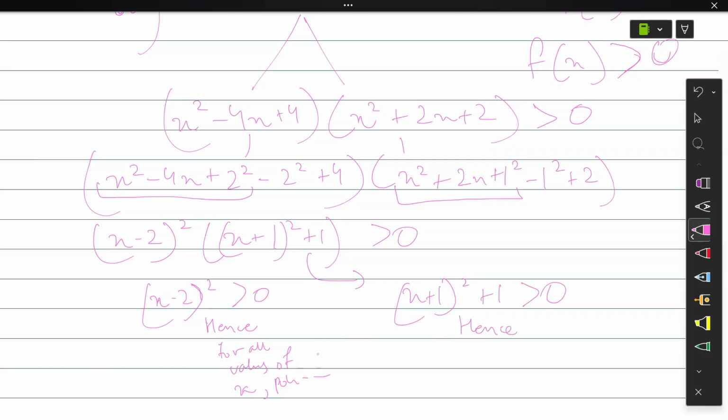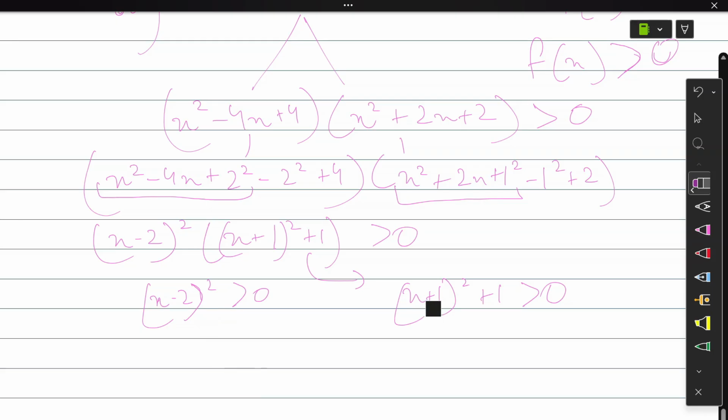Hence, actually मैं इसकी statement बेहतर कर सकता हूँ. But see, देखो, for all values, whatever value you put into this, if I put minus 1 plus 1 is not going to turn into 0, and 0 plus 1 is 1, so it is above the x-axis. Put 2 यहाँ डालूंगा तो 0 आएगा, यहाँ डालूंगा तो क्या आएगा? 2 plus 1 plus 1, so that is also going to be above the x-axis, right? और 3 डालो, -1 डालो, कुछ भी डालो, it's gonna square and it's gonna turn into a positive value. Plus 1 is gonna be added, and in the other factor, it's gonna be squared and turned into a positive value. So for all values of x,